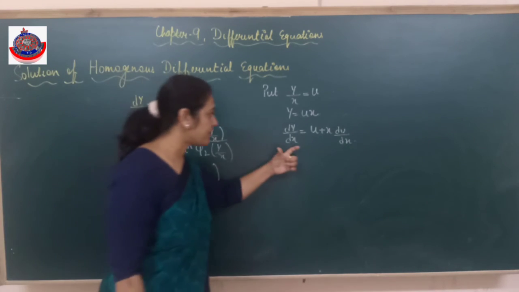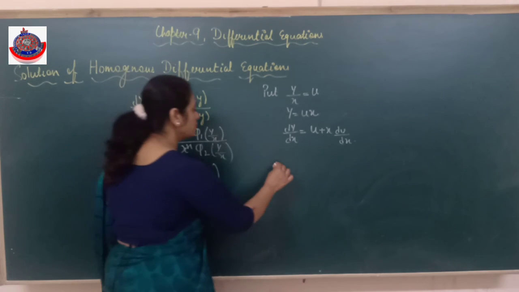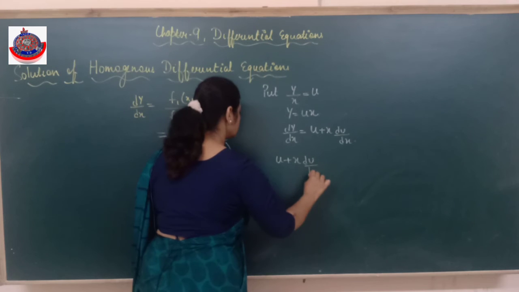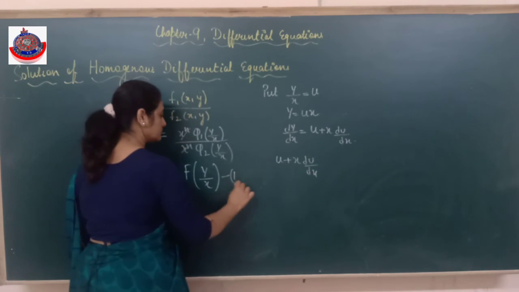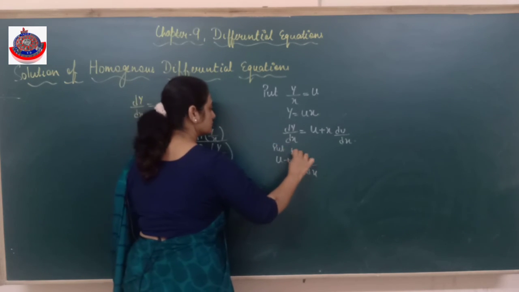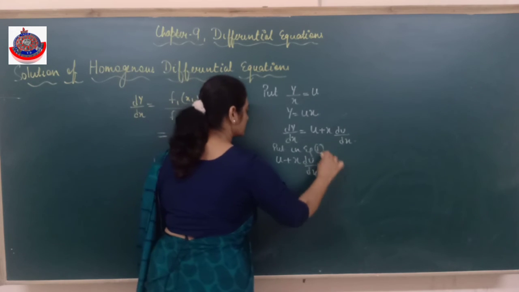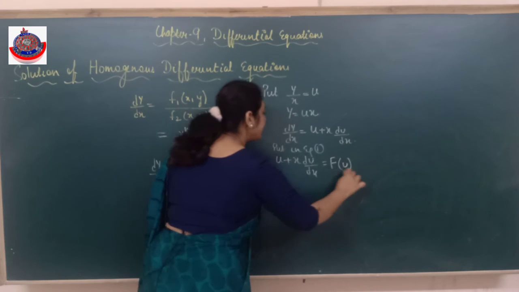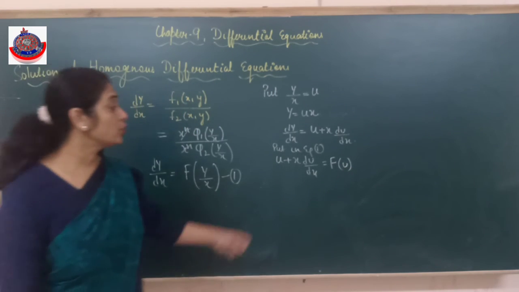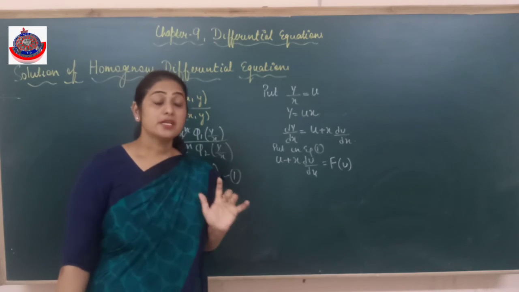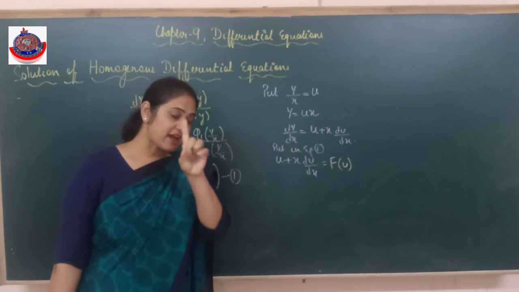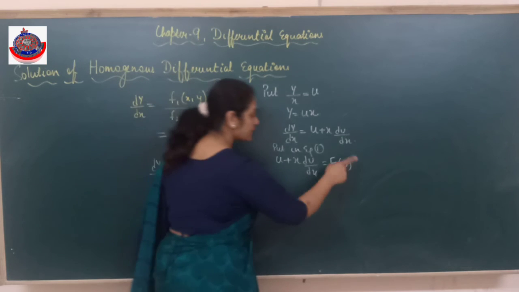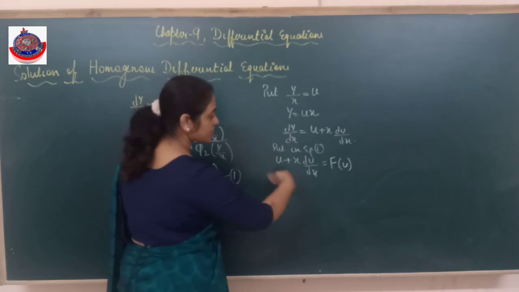Alright. Then I'll substitute the value. The moment you substitute the value, y upon x we have taken as u. The complete quotient would be converted into x and u only. अगर y बच गया इसका मतलब तुमने कुछ गड़बड़ कर दिया क्वेश्चन के अंदर. Is it clear? Complete quotient will be converted into x and u और हमेशा इधर यही साइड आएगी.